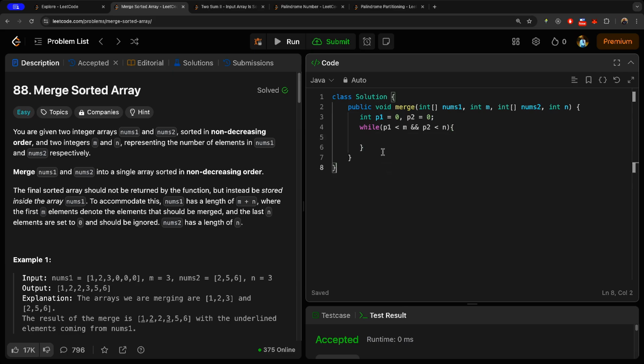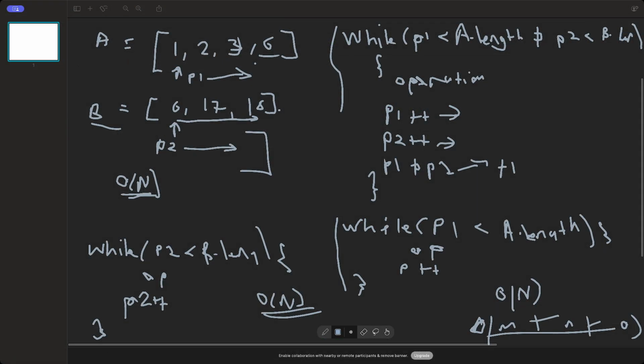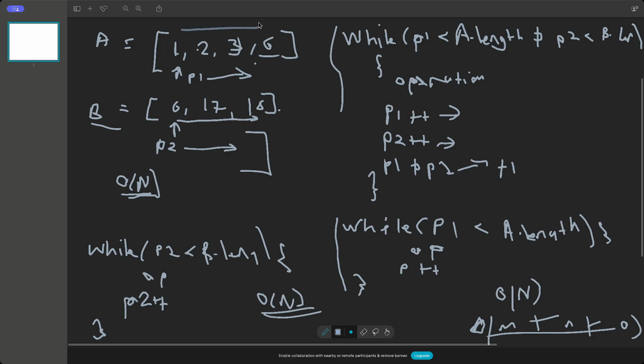Okay, so in this case what you want to do here is, if I can quickly go back to the dashboard, the whiteboard, like what we showed previously. So here, this is a sorting problem. Here we have 1 2 3 6. If these two arrays are sorted, what it means is our pointer 1 is pointing here,